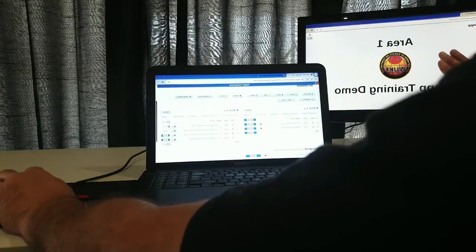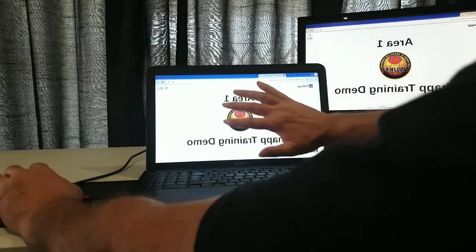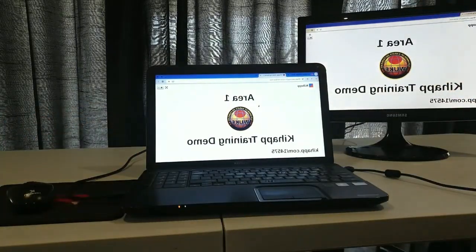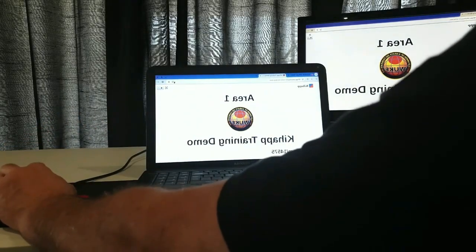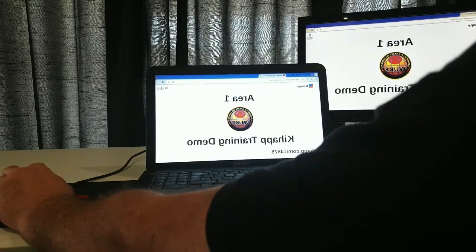So what's going to happen is you're going to see this side. It's going to be a bit different than the operating scoreboard, because it's all finished, and the audience will see their scoreboard. So that is how you set it up and operate it. I will do a more detailed video on how to set up Kihapp and everything, but that is all you need to know for now to operate your laptop that runs on Linux.